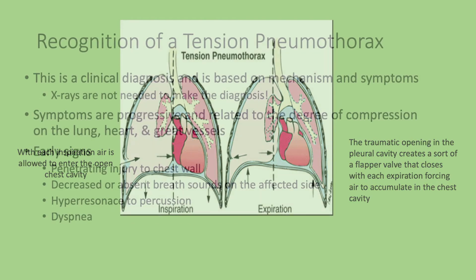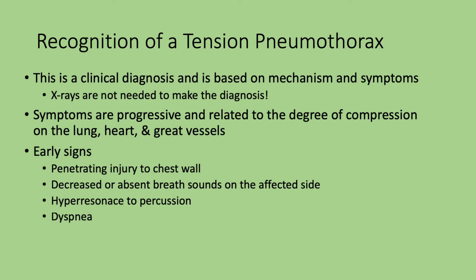So recognition of a tension pneumothorax, keep in mind this is a clinical diagnosis and is based on mechanism and symptoms. X-rays are not needed to make the diagnosis. Symptoms are progressive and related to the degree of compression on the heart, lung, and great vessels. Early signs, you're going to see someone who has an injury to the chest wall. When you listen to the chest, you're going to have decreased or absent breath sounds on the affected side. If you percuss the chest, you're going to have hyperresonance to percussion,